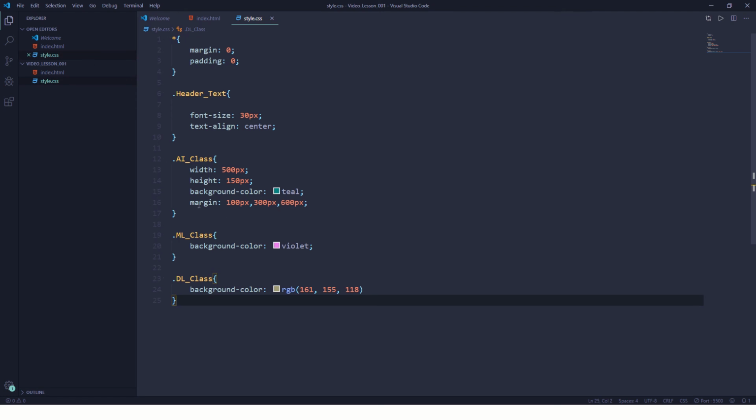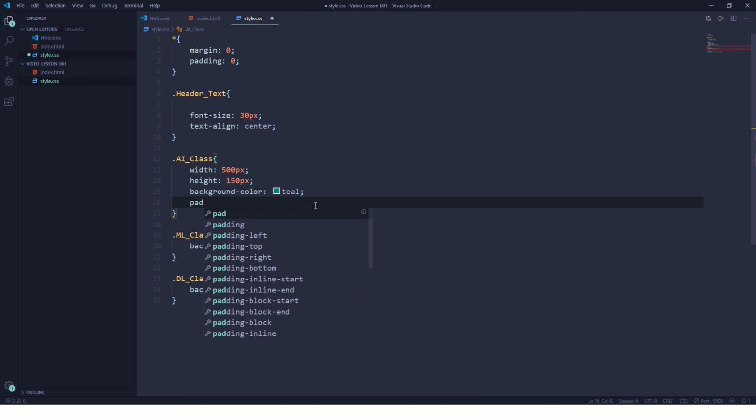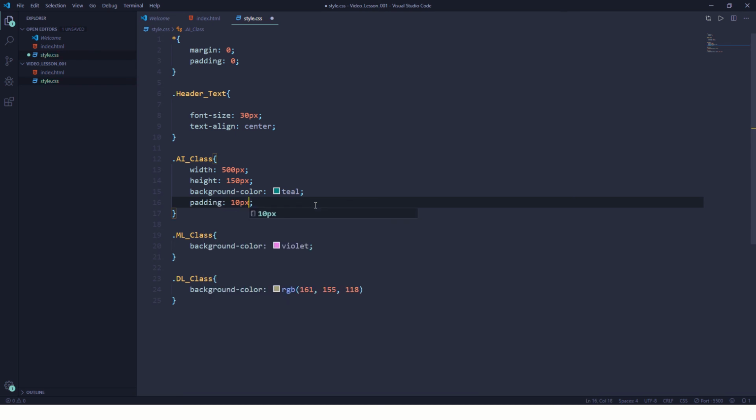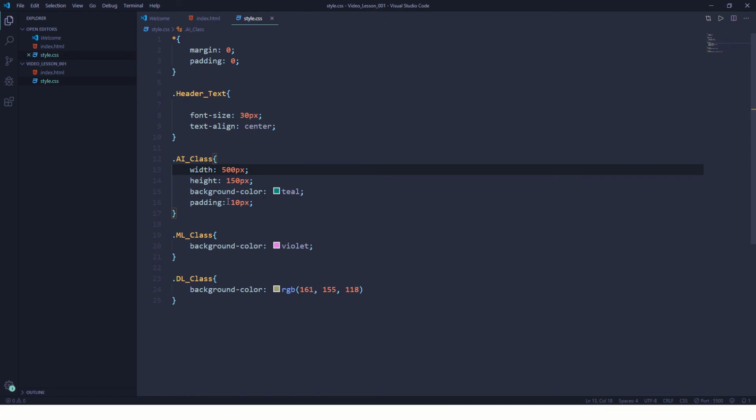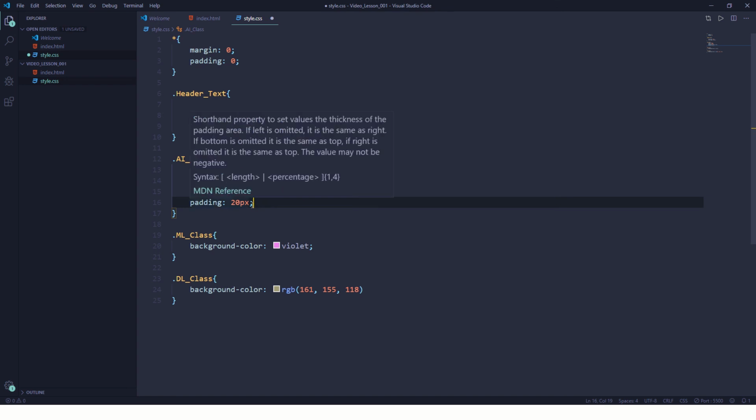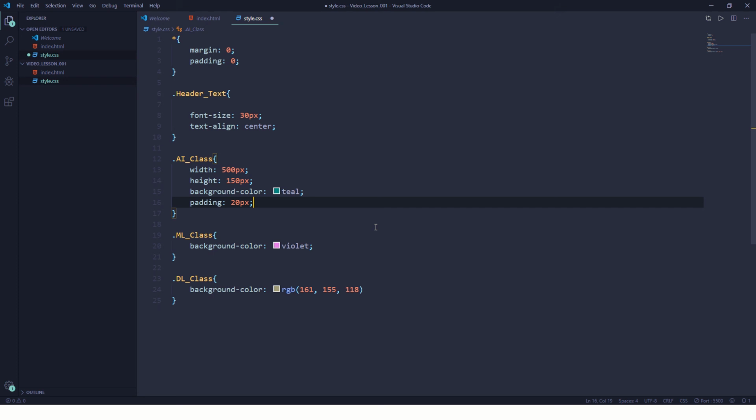For this one we should use padding. Okay, and then if I go for padding, I can put 10 pixel. You can see the text has now moved a little bit inside. In padding you can also do top padding, bottom padding, and all those things. You check it out. Right, now the next thing we'll do is, if you see the title,